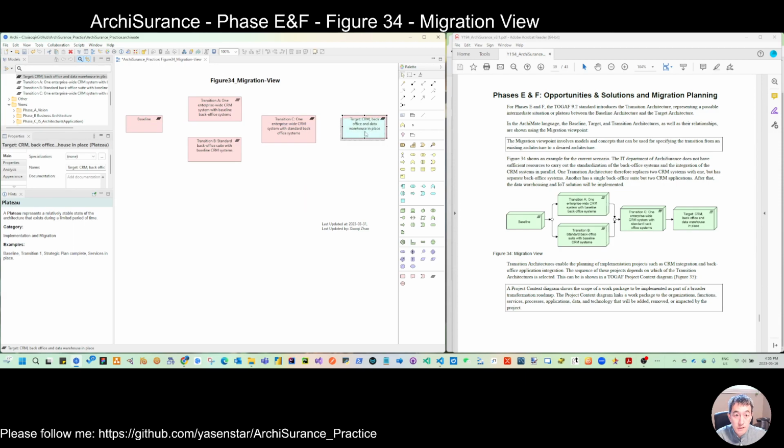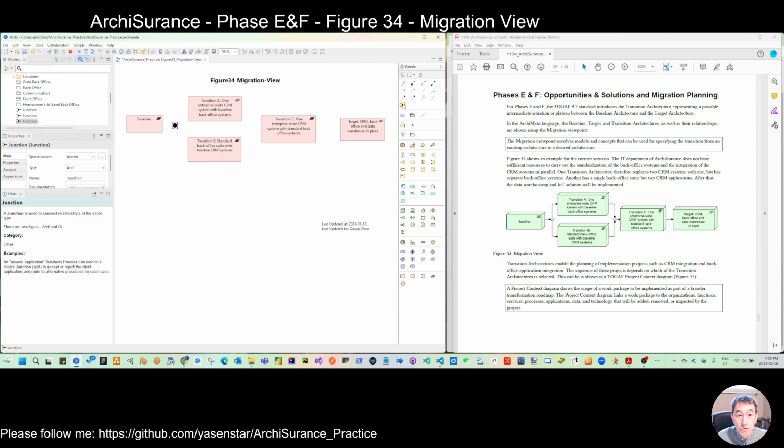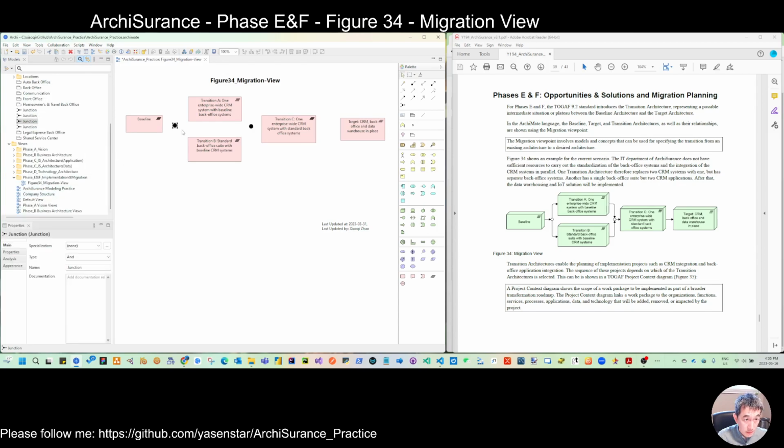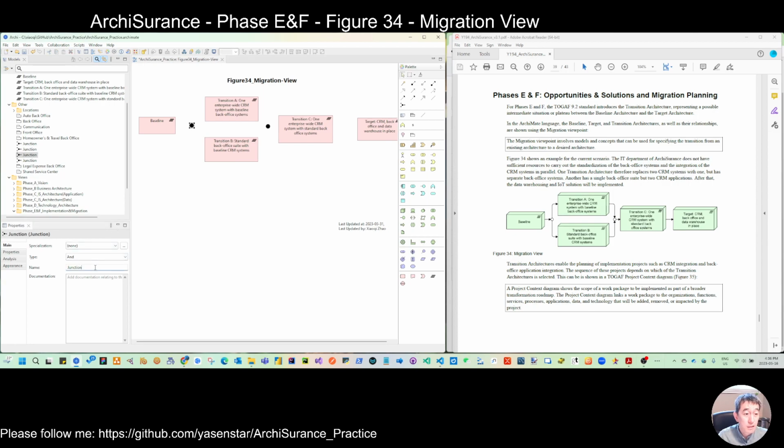That was shown in the previous view already. So we will put this junction here. We have junction 1 here, junction 2 here. That is the tricky thing. You can give a junction a name. If you don't name it, you will just have numbered junctions. So maybe we name this baseline